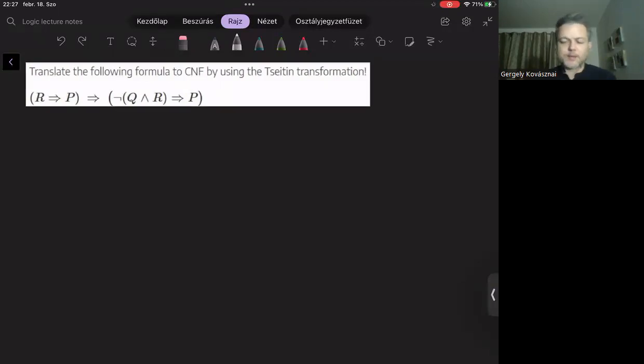The first step is always to introduce a brand new Boolean variable for the entire formula. Let me call it x1. And now I'm going to assemble the CNF step by step. So I start with x1, which is going to be the first clause in the resulting CNF. And then I'm going to define what is the meaning of x1.